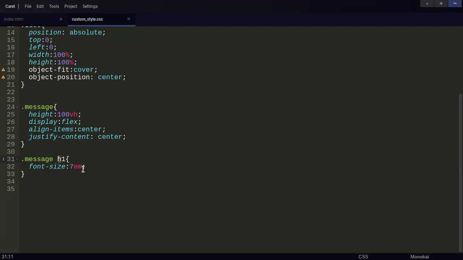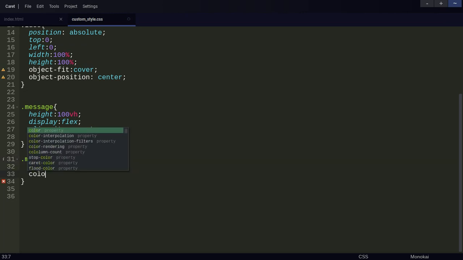So after here, we're just going to give it the property of color, and we want to make it white. I'm just going to write these plain colors, white, black, stuff like that, but you can use hexadecimal values. So I'm just going to put color white,